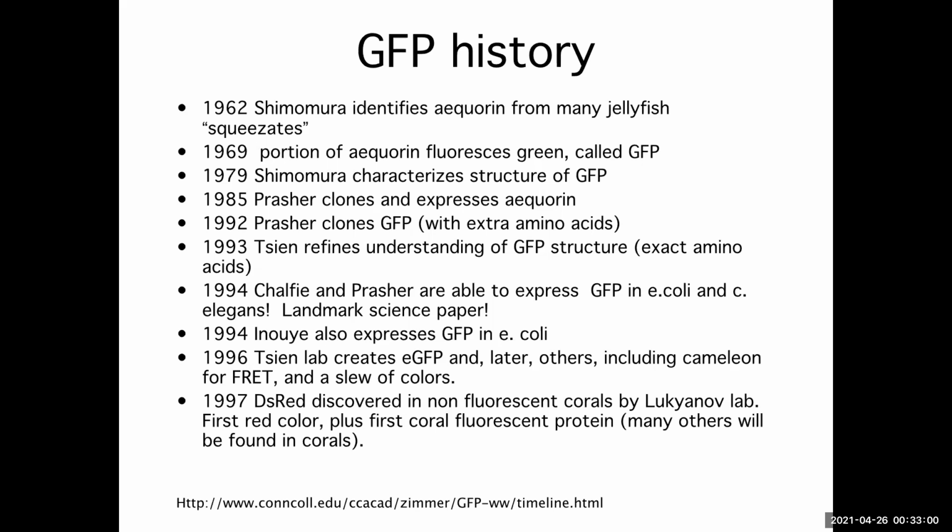And then Doug Prasher was another scientist who collaborated with him. Shimomura was there doing biochemistry in the lab with the actual jellyfish. Prasher was like, this is cool what you're doing. You know what? I want to try to put it in a vector, in a plasmid, basically. So when I say cloned and expressed aequorin and then GFP, that's what he did. So they laid the groundwork. And then in the early 90s, basically